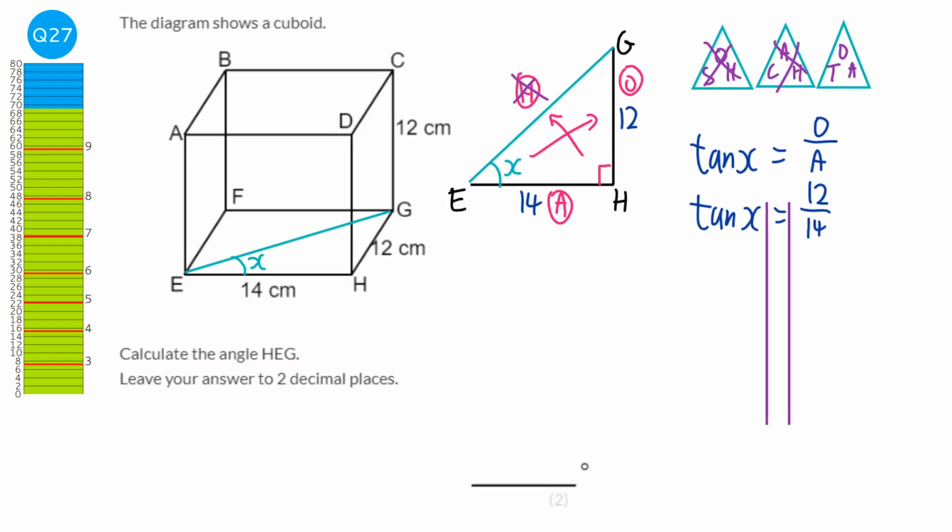Get my solving lines in because we're going to do the inverse tan of both sides. And so we've got X equals the inverse tan of 12 over 14, which is 40.601 and so on. And to two decimal places, that will be